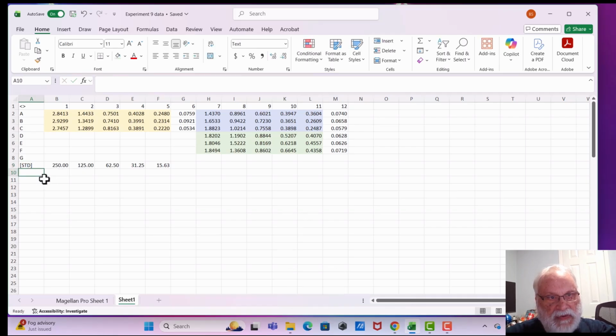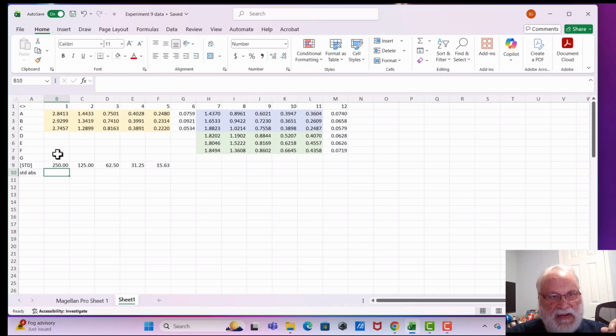Next thing I will do is go ahead and do standard absorbance. I always like to go ahead and label things so that I know what I did and what I'm doing. And so that's standard absorbance. ABS stands for absorbance to me. Now the absorbance, what I do here is to help make the data look a little better,